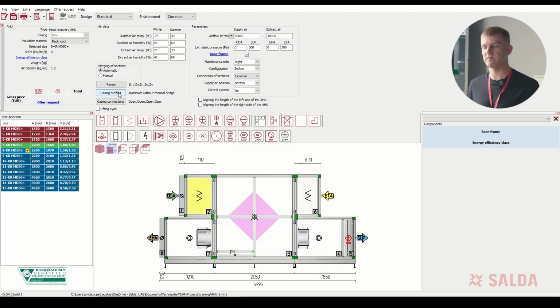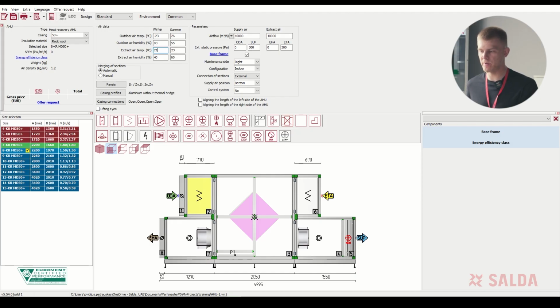So to start selecting the ventilation device, it's crucial first to enter the air parameters, the outdoor air temperature, and the indoor room extracted air temperature. In this case, during winter, our technical task says we have negative 23 degrees Celsius and 83% relative humidity. During summer, we have 26 degrees Celsius and 55% relative humidity. For both summer and winter, we have the same extracted room air temperature and humidity, which is 21 degrees Celsius